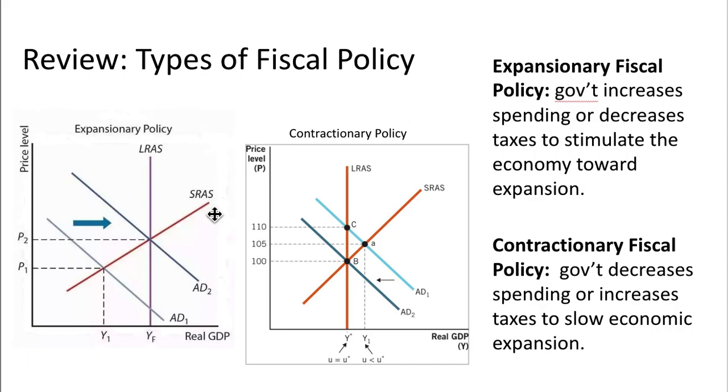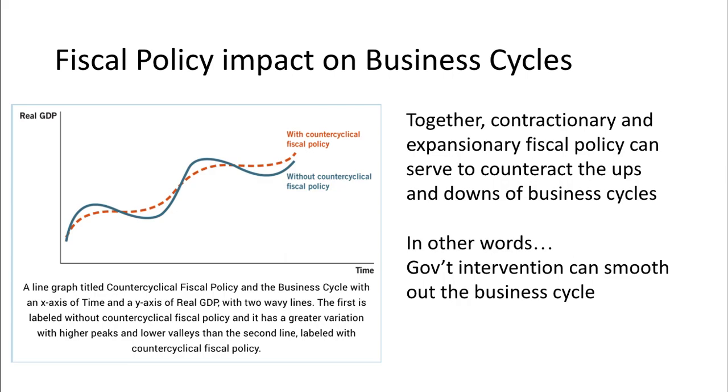So we might remember we have expansionary policy, this idea of the government trying to get their nation out of a recessionary gap, and then the opposite, contractionary policy, when the government is seeing high-level inflation, this inflationary gap, and they're trying to counteract that as well. And so again, the goals of either contractionary fiscal policy or expansionary fiscal policy are attempts to smooth out